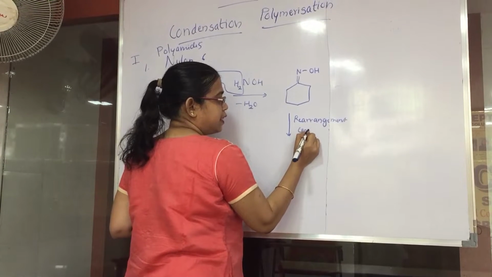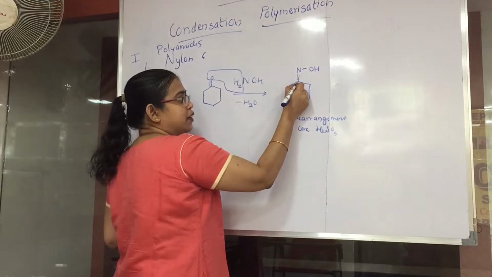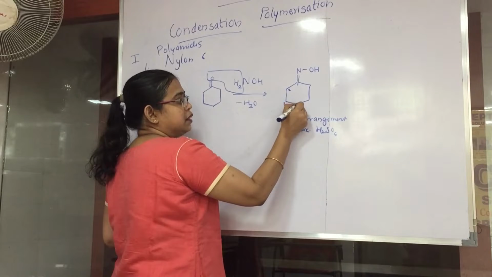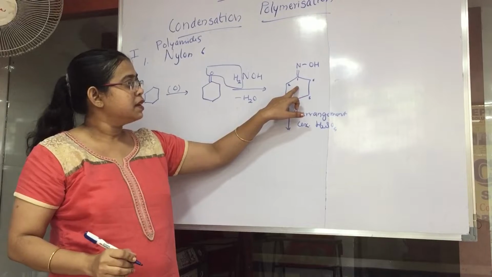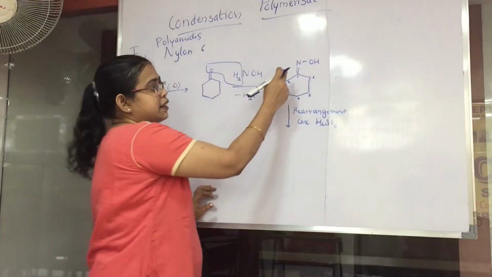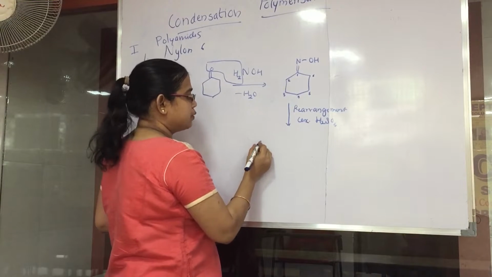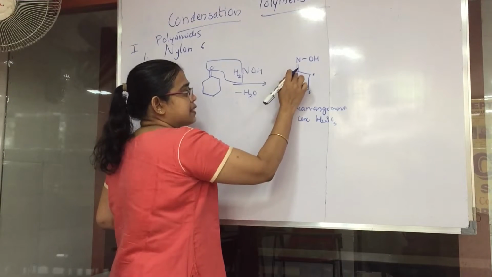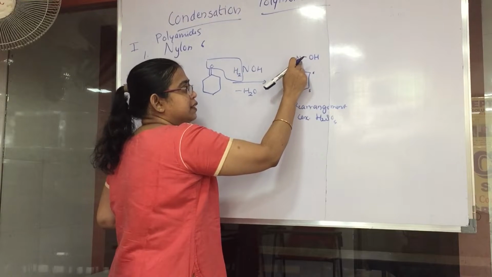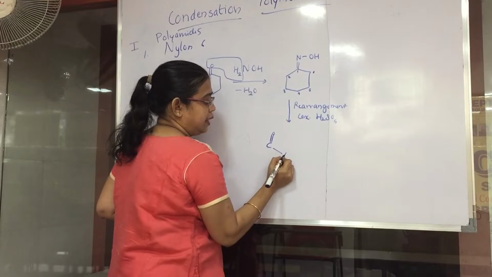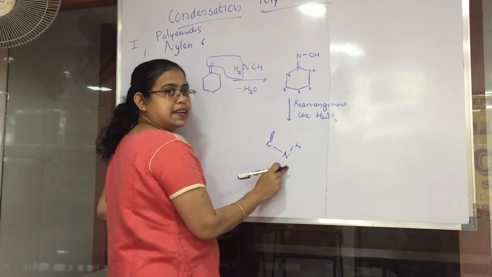There is an oxime formation, that is double bond NOH, and this oxime on rearrangement in presence of concentrated H2SO4, the molecule will undergo rearrangement. In this molecule right now we have 1 carbon, 2 carbon, 3, 4, 5 and 6. So we have a 6-membered ring with 6 carbon atoms, but once it undergoes rearrangement, this nitrogen will also enter the ring. So we will have a 7-membered ring. So I am showing the formation of the 7-membered ring. So this carbon, I am writing it as C double bond O. This nitrogen will bond to H, NH. So this is C double bond O and NH. It is coming inside the ring now.